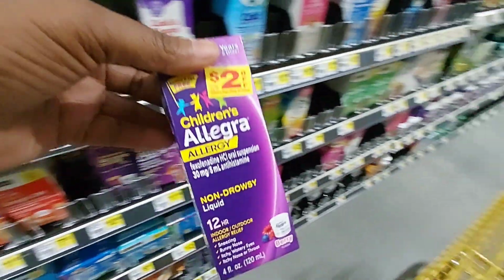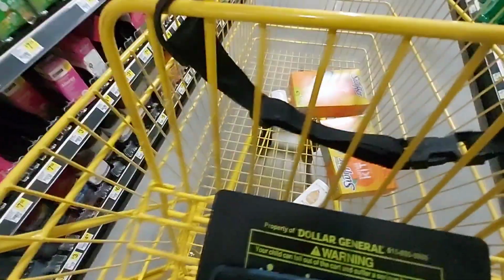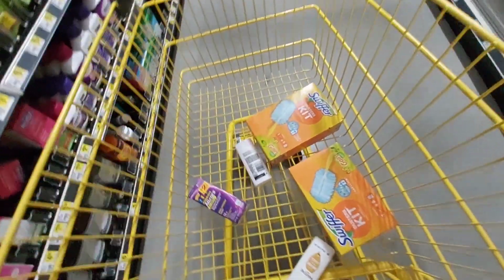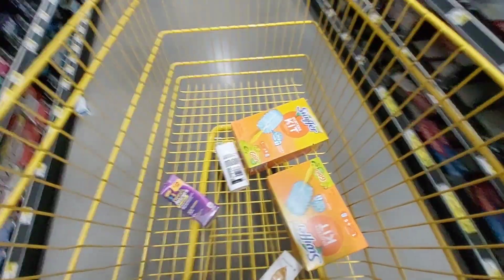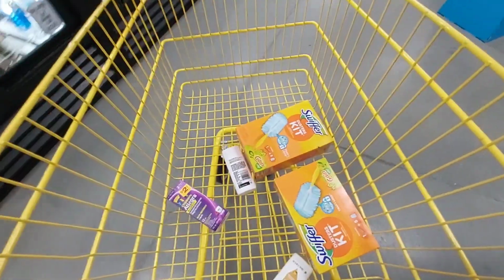So I'm going to go ahead, I'm going to grab this, I'm going to put it in the cart, and look, there's a $2 coupon, which I'm going to save for the next time because I know I can't use that plus the digital coupon. And if you guys notice in my cart, you see that I have 2 of the Swiffer kits. One I'm going to use on my account, and the other one I'm going to use on my mom's account, because I told you guys the shelves are going to be cleared very fast of these, because this is an excellent